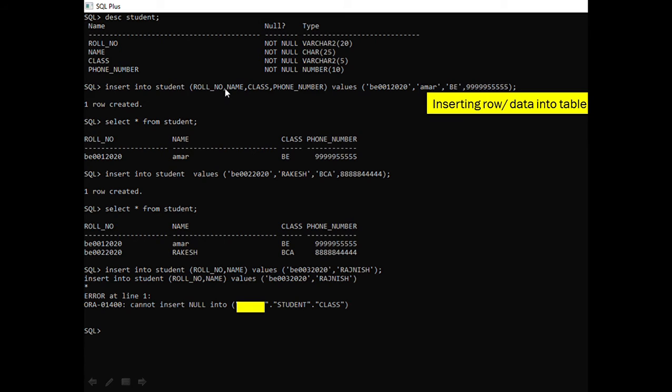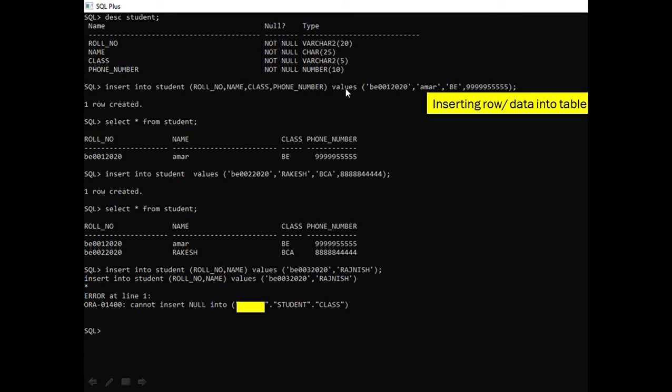You use a comma between two column names. Roll number is the first column, the second is name, the third is class, and the last one is phone number.